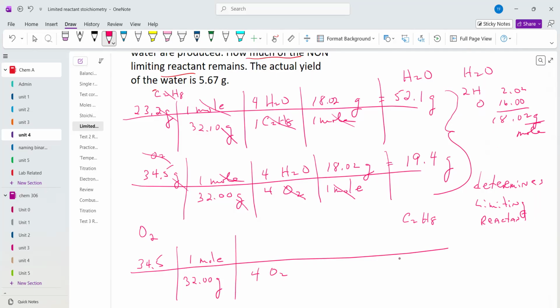Oxygen needs to be in the bottom. Ethane needs to be on top. And the molar mass for ethane is 30.10. So this is going to be